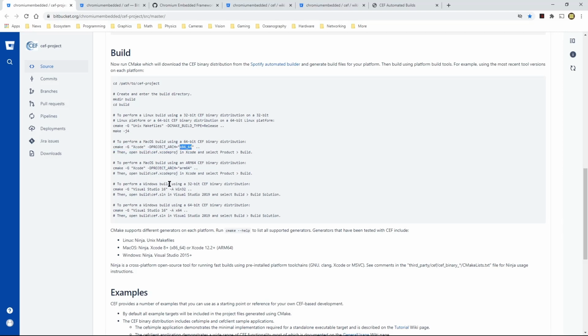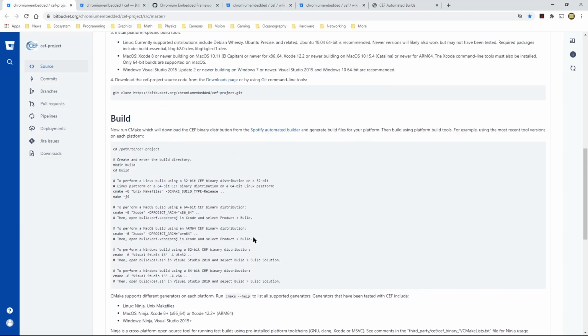So these are different CMake commands that you can give, as well as it can be built on Windows 32-bit, on the x86 platform, and on Windows 64-bit, which is the Intel x86 64 architecture. So these are the supported